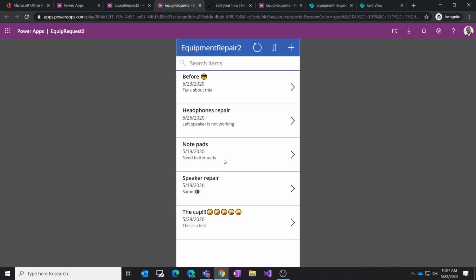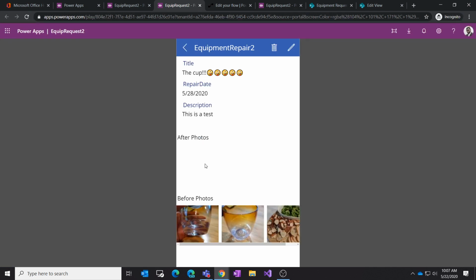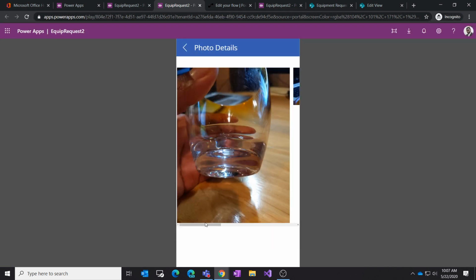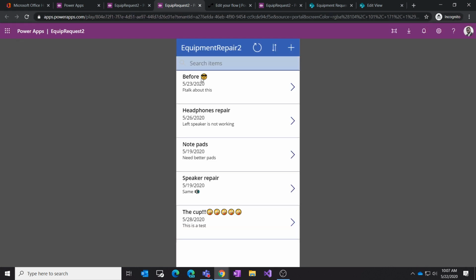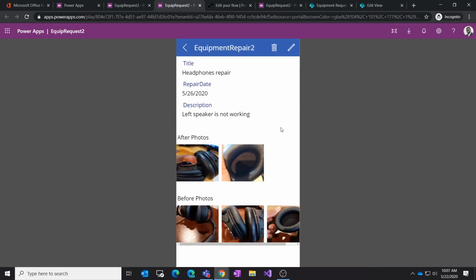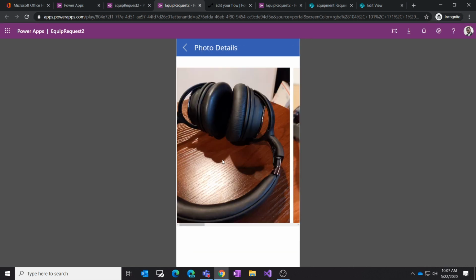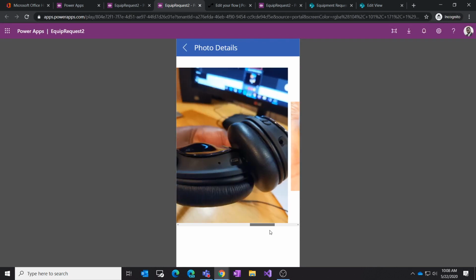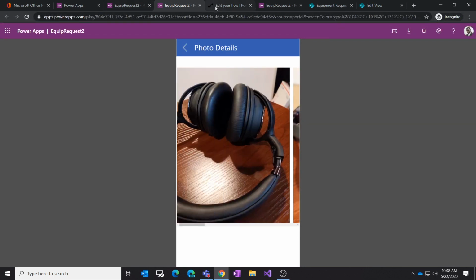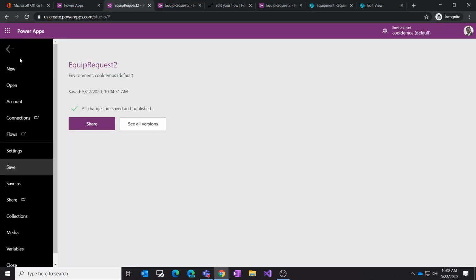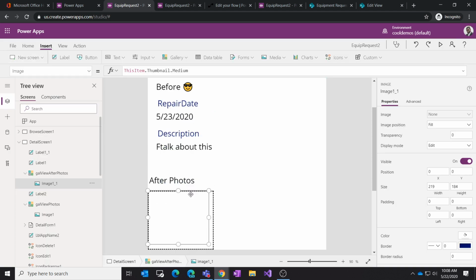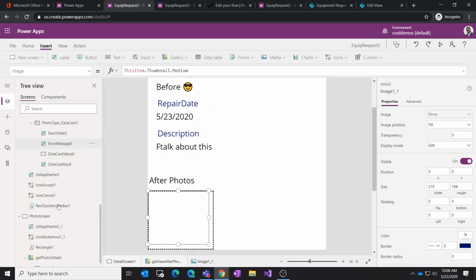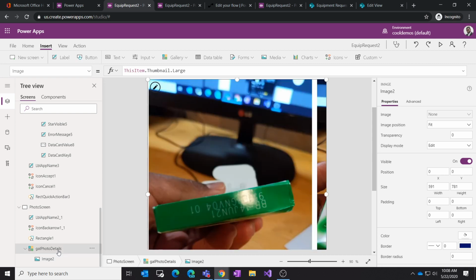Now, the question is going to be when I click on these images, and I go to the headphone repair item, when I click on this and I go here, it's showing me everything. It's a mix of before and after. And the reason for that is because when I went into my gallery, when I go into the photo details, I just told it,